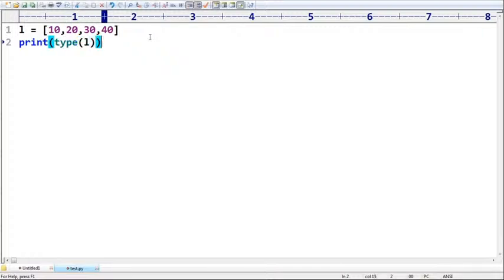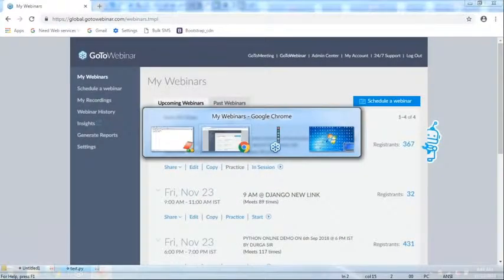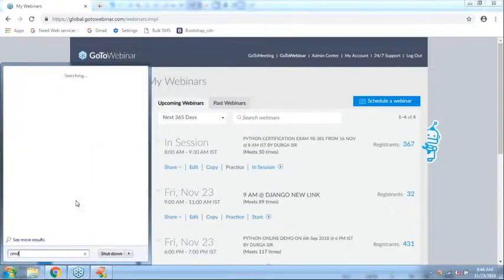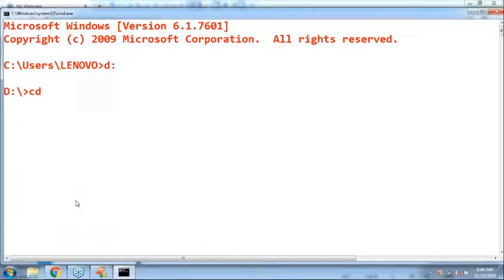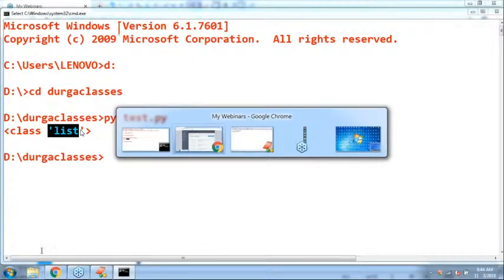So print type of L. If I consider print type of L, what answer are we going to get by default, sir? Here, have a look once, sir. In the test file, the answer will be list. So for list, these square brackets are mandatory. Remember that. But if it is the tuple